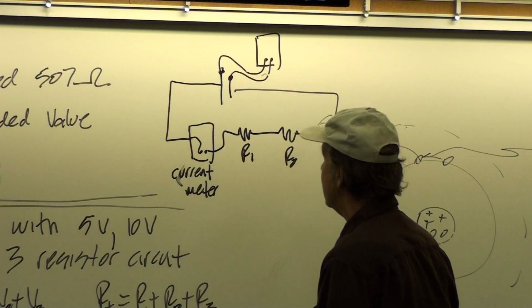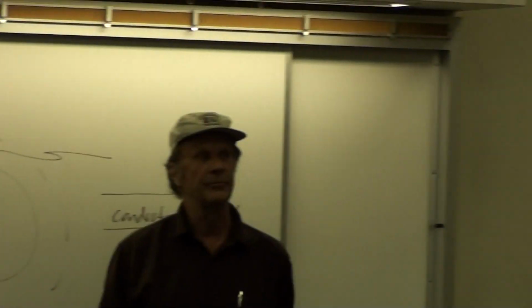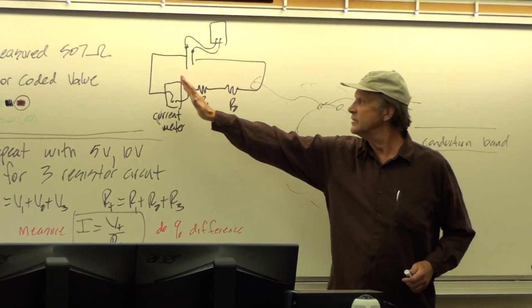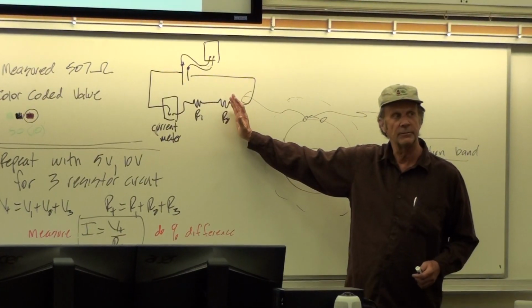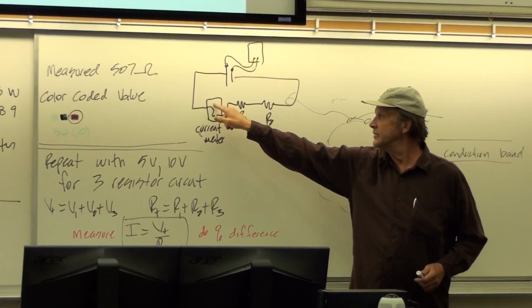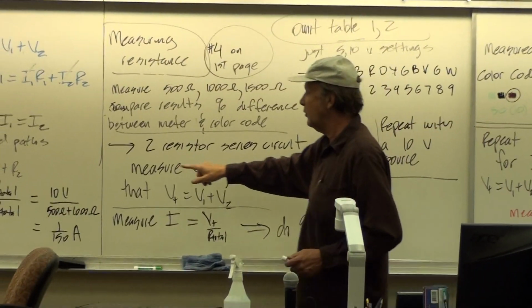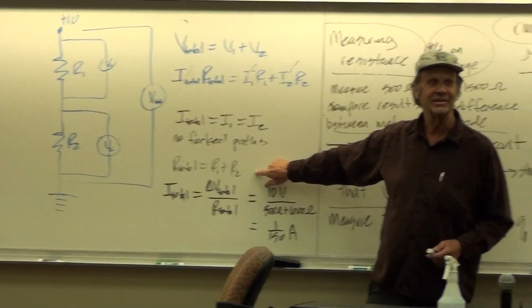Because the current meter needs to have low resistance. Otherwise, it's going to add resistance to the circuit, and it's going to affect the very current it's trying to measure. So we want this to be low resistance so that our total is just R1 plus R2 plus some little tiny number, which is the resistance of